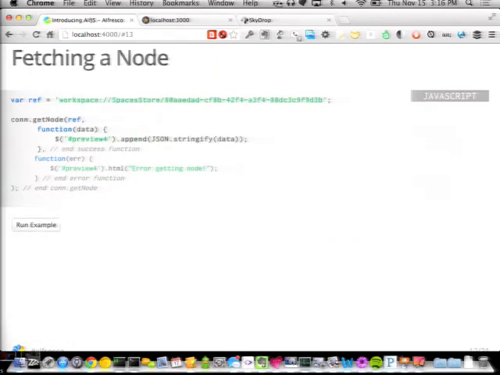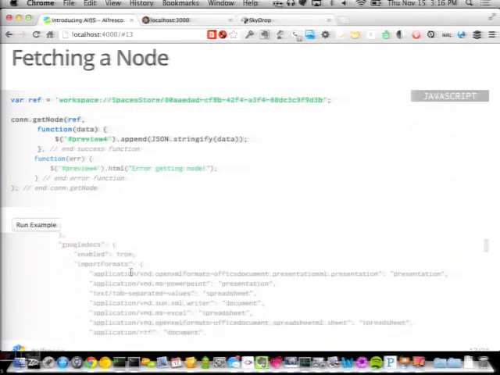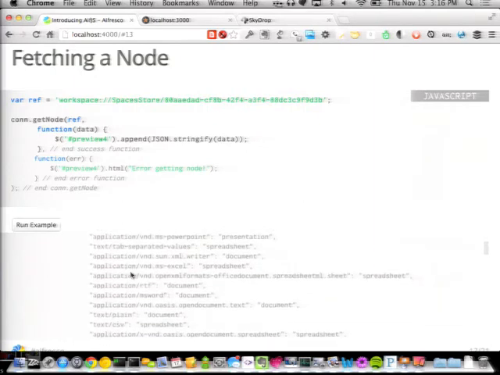You can fetch a node and its properties, and this example is a little bit different in that I just output the JSON structure that comes back. That's what you're seeing there. So it's a read-only library at the moment. I want it to be read-write, and I started developing this probably almost a year ago now. And it's not my day job, so unfortunately progress is slow. But I intend to make this a read-write library.